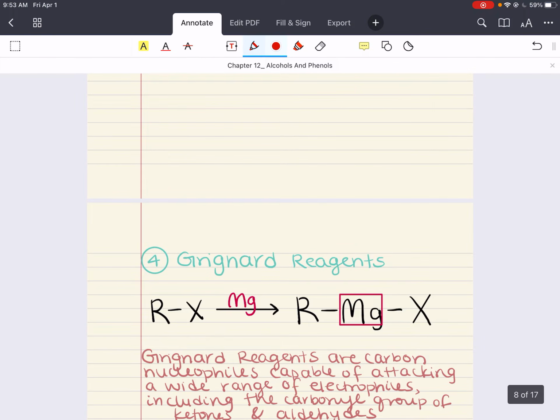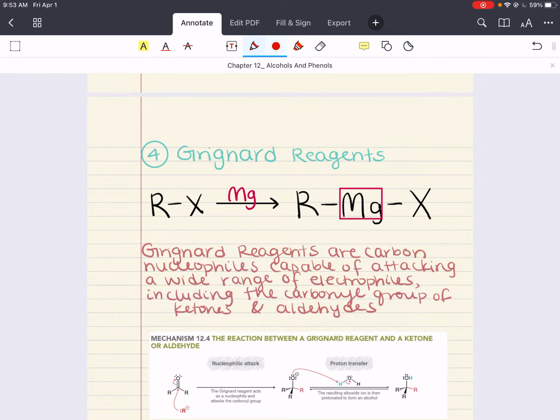Fantastic. One more preparation method. Lastly, another way you can prepare alcohols is through Grignard reagents. Now, a Grignard reagent is formed by the reaction between an alkyl halide and magnesium. What's going to happen is your magnesium is going to insert itself between the alkyl group and the halogen. This is a Grignard reagent. It's characterized by the presence of a